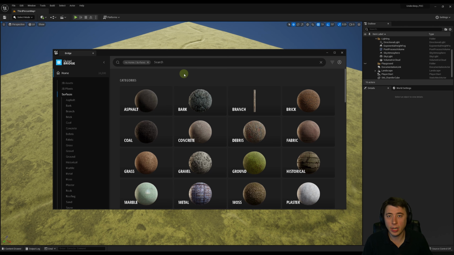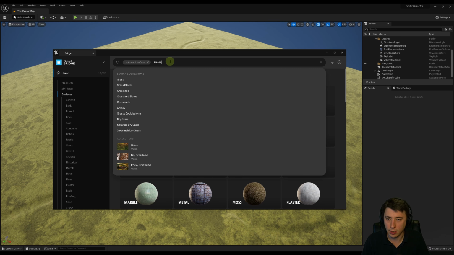So we're just going to bring in one material for this episode, but in the next episode, we're going to bring in 3 or 4 additional materials. And I'm going to show you how we can create a landscape material with paintable layers that we can begin painting our landscape. So what I'm going to choose for my material, if I just search for grass here,